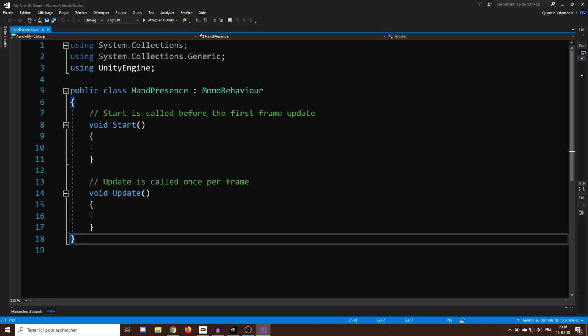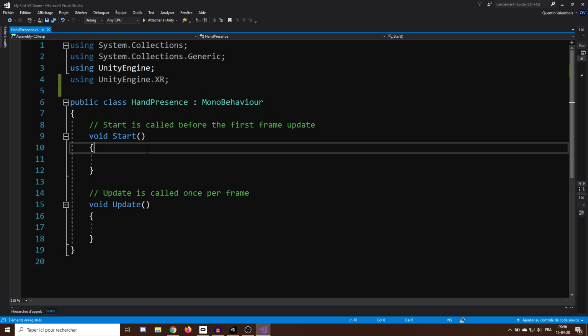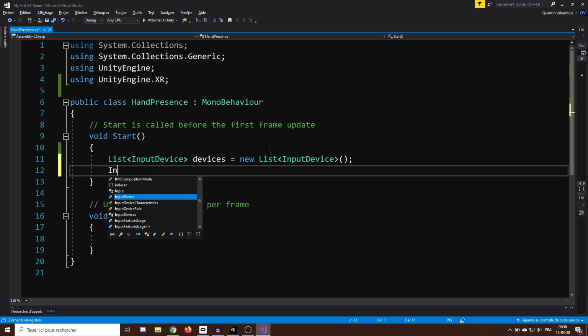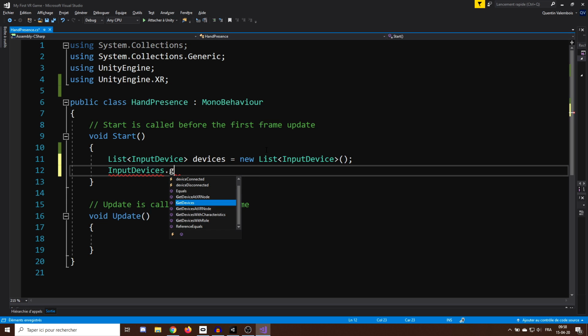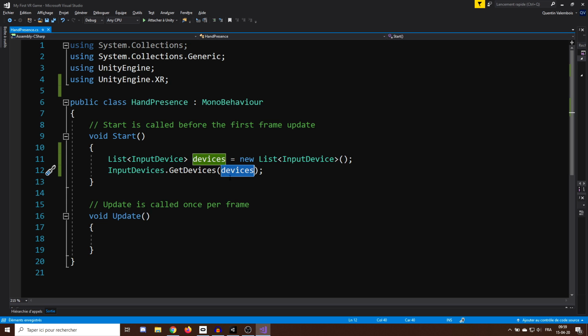Now, to access our controller, I will start by adding UnityEngine.XR at the top of the script here. To get the devices, we can simply create a new list of devices with List<InputDevice> devices equals new List<InputDevice>, and then populate this list with all our devices by calling InputDevices, this time with an s, dot GetDevices, and by giving it our list. And there we go, now this device list will contain everything we use, so the headset and the controllers in